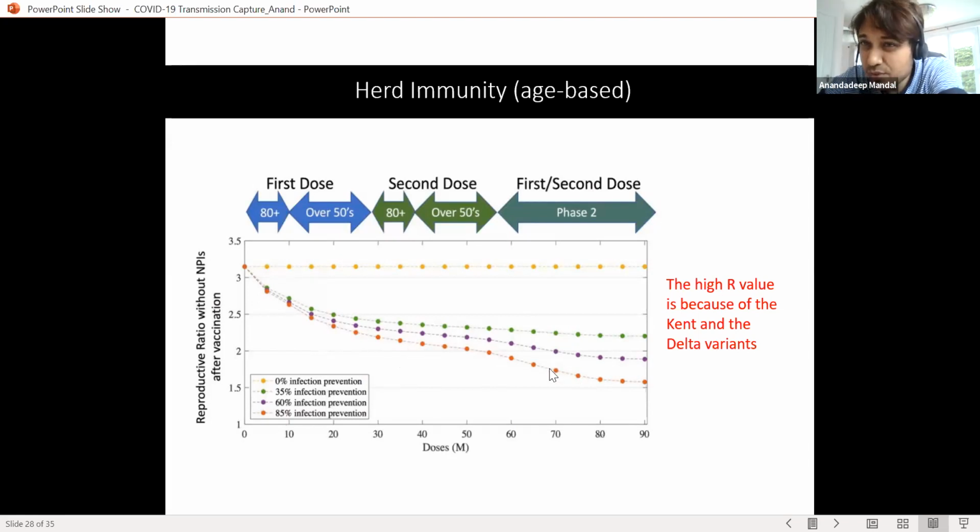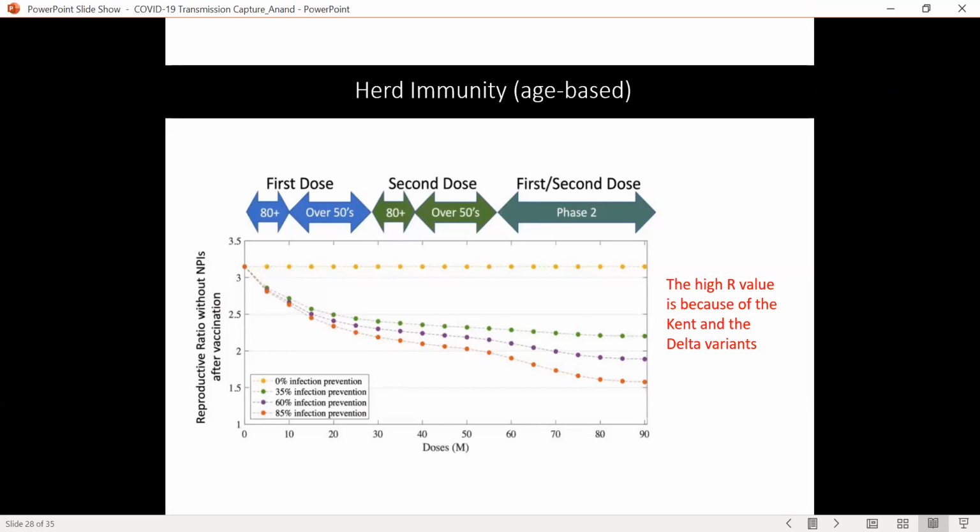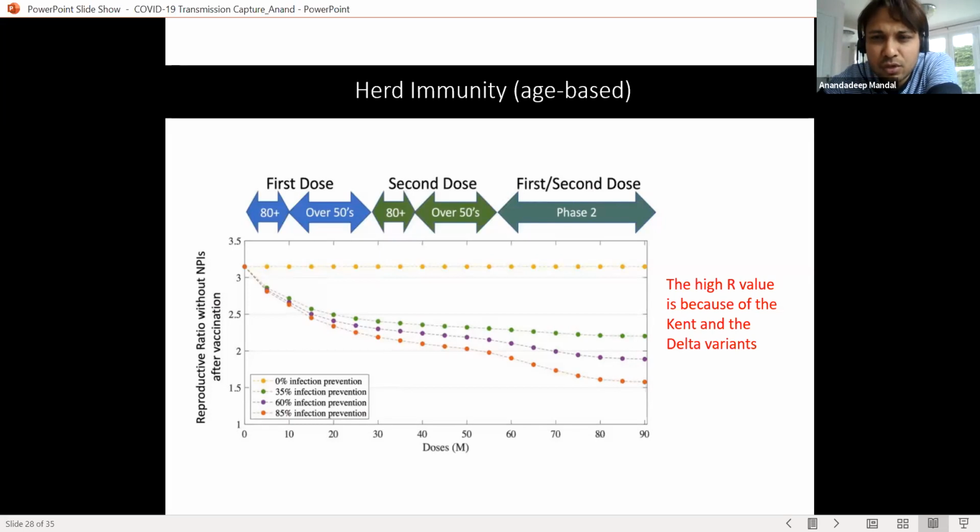Everybody needs to get the second dose, and everybody should get the vaccine. That means there should not be any hesitancy. There are some people who have not yet taken the vaccine in the UK, and because of which the Delta variant is still there in pockets of Manchester, specifically Bolton, and in Leicester, where there is a larger Asian community. So herd immunity is difficult to achieve unless the vaccination program is super strong. I mean, everybody gets it, irrespective of what you think, what you are. You need to get the vaccine unless you're prescribed by the doctor not to get it, and at a quick rate.